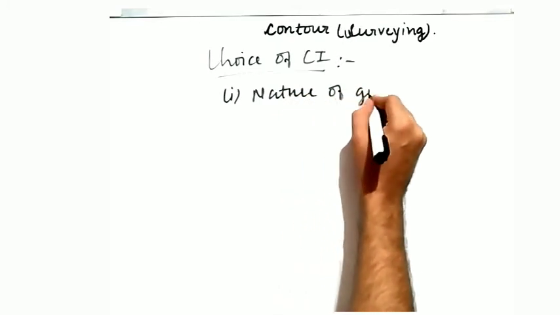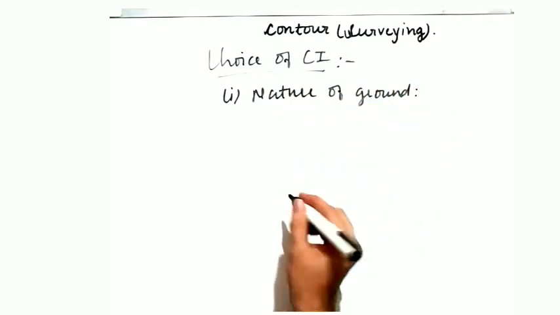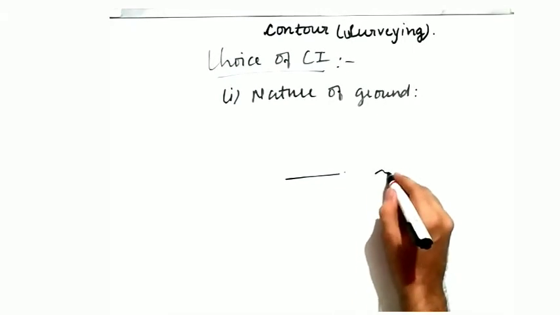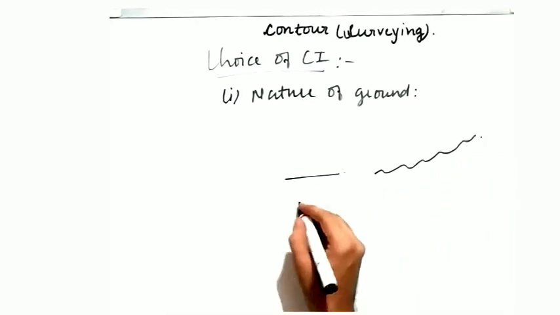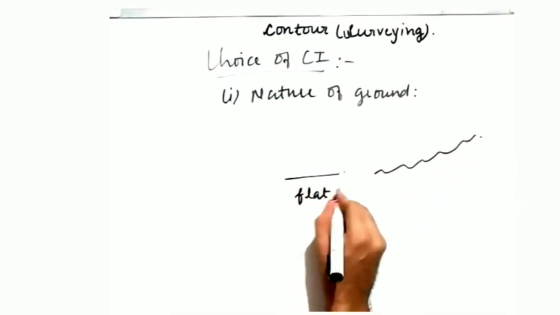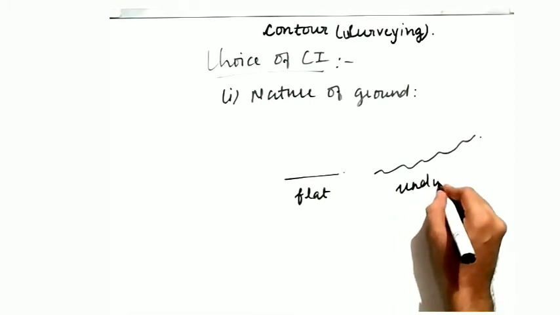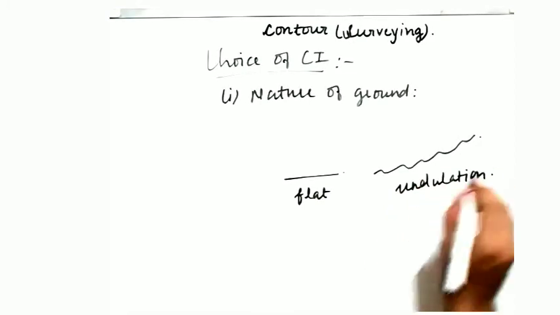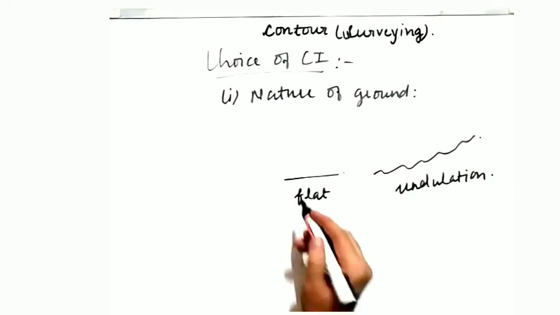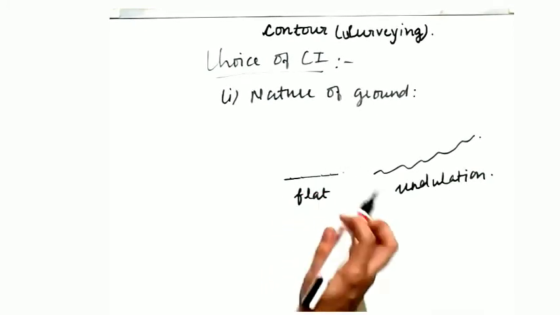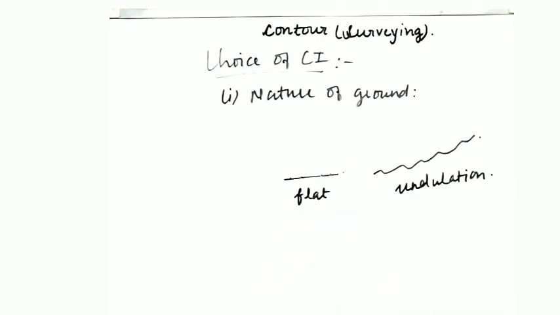Nature of ground depends. Nature of ground means either the ground is very flat or the ground is highly undulating. These two things can be possible. Either the ground can be flat or the ground can be undulating as well. In case of flat ground, you can easily imagine that every point will have very minute difference between their contour